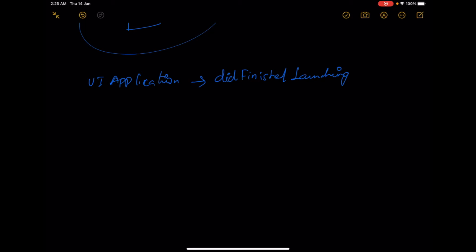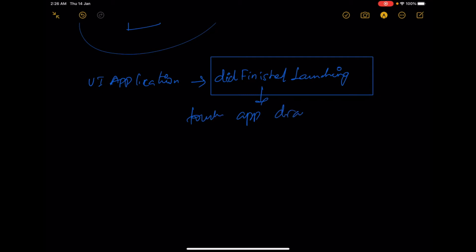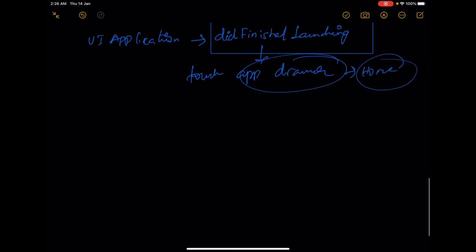So this method will be fired as soon as you touch the app icon from the app drawer. App drawer, what I mean is the home screen in your iPhone, right? So this is the lifecycle method of an application.